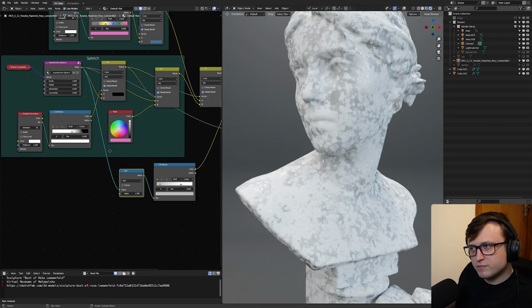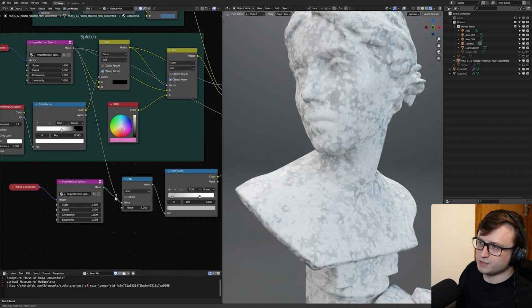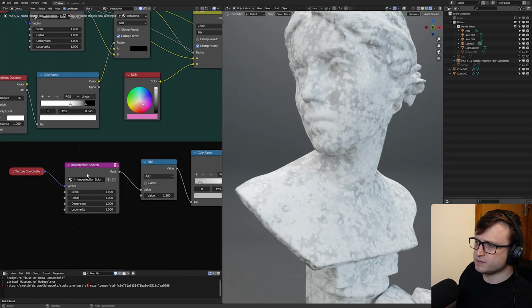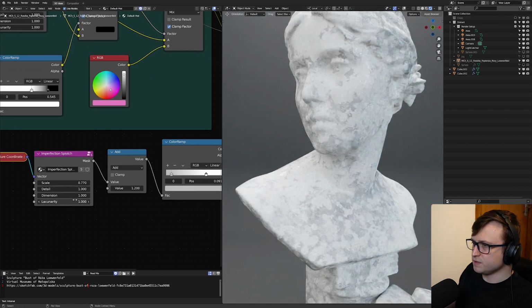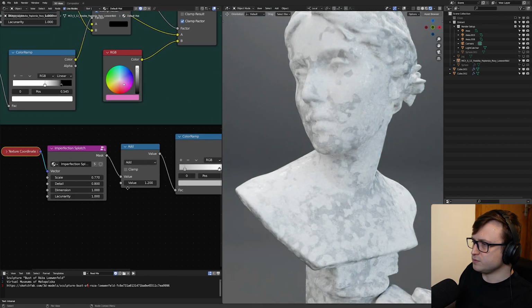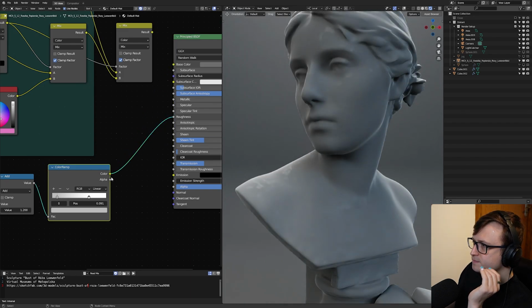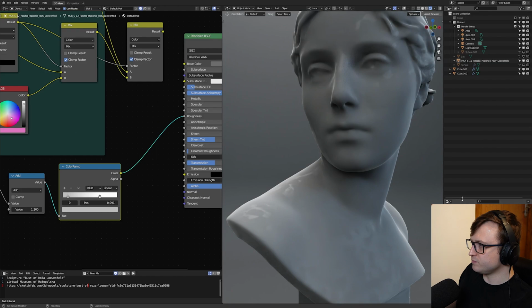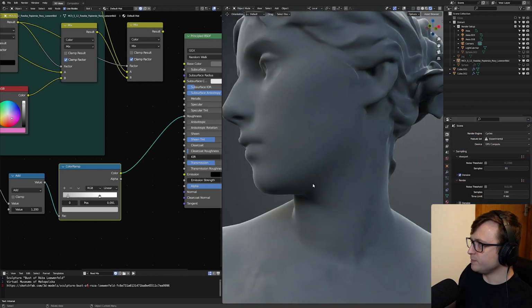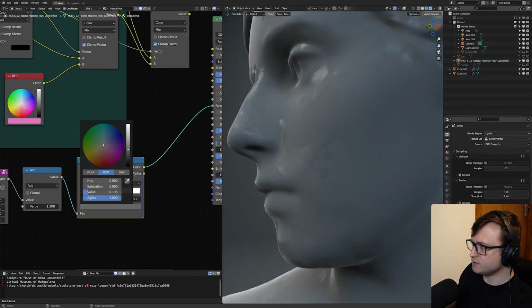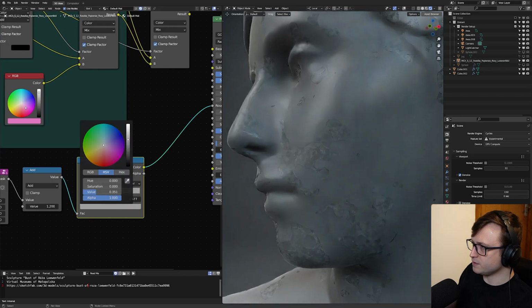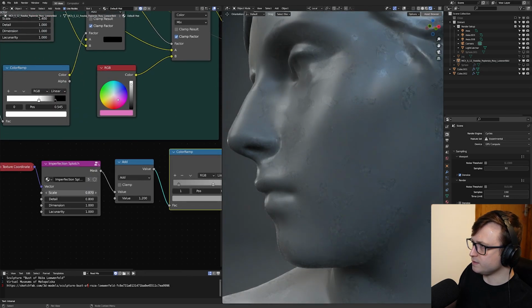Maybe I want to have more control over that. So what if I just copy the splotch mask so we can change the scale manually ourselves, so we can modify it like that. If we do something a bit wider, maybe a bit more detail to randomize it a bit, and if I have nothing applied, let me plug that into the roughness. Now because I've got denoising active in my Cycles render settings, it might be a bit difficult to properly visualize this. So let me make the values a bit stronger. I'm going to darken the white a bit, increase the scale slightly. Okay, I don't really like